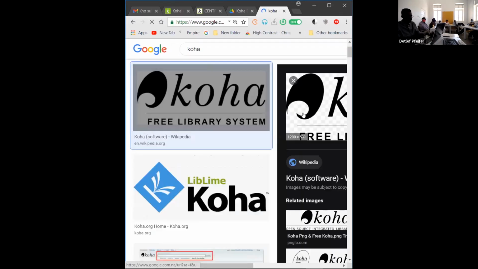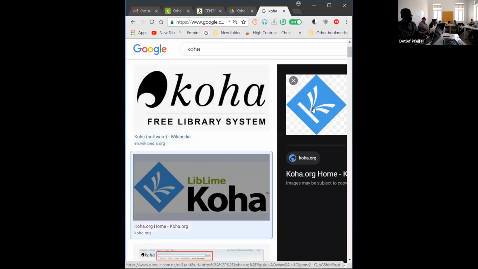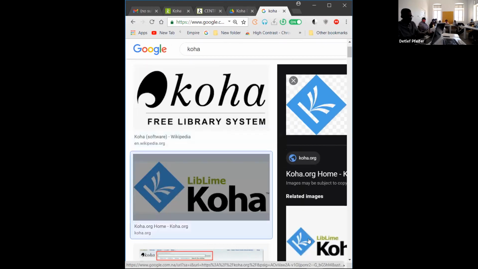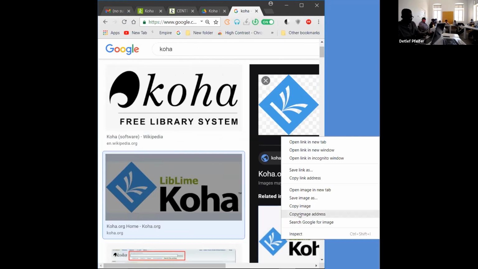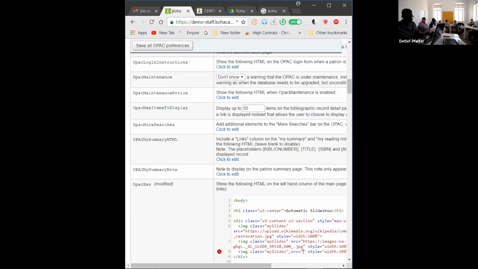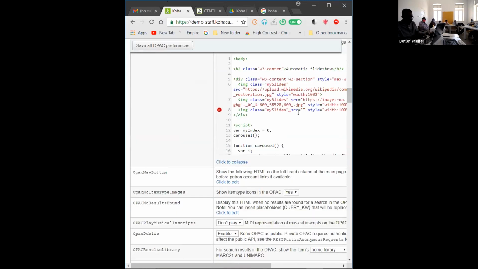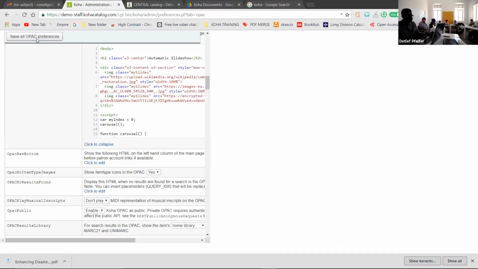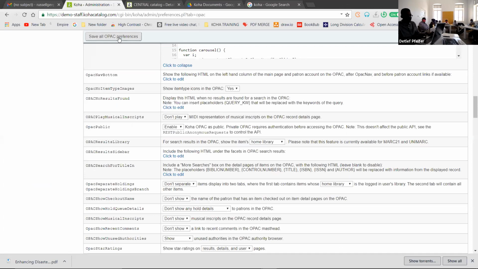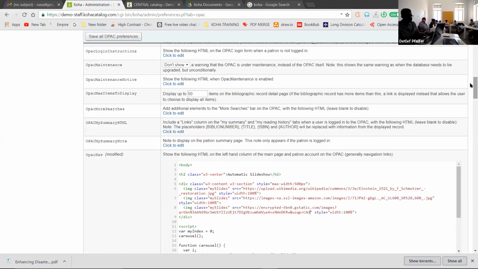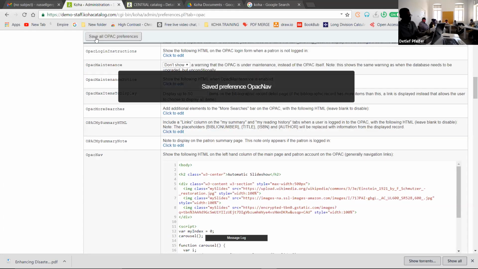Even this one, okay, maybe this one is more colorful. Copy image, go back to Koha, scroll down. Okay, this way you have to paste. Now, save all preferences. Okay, in your case, but let's just do that and